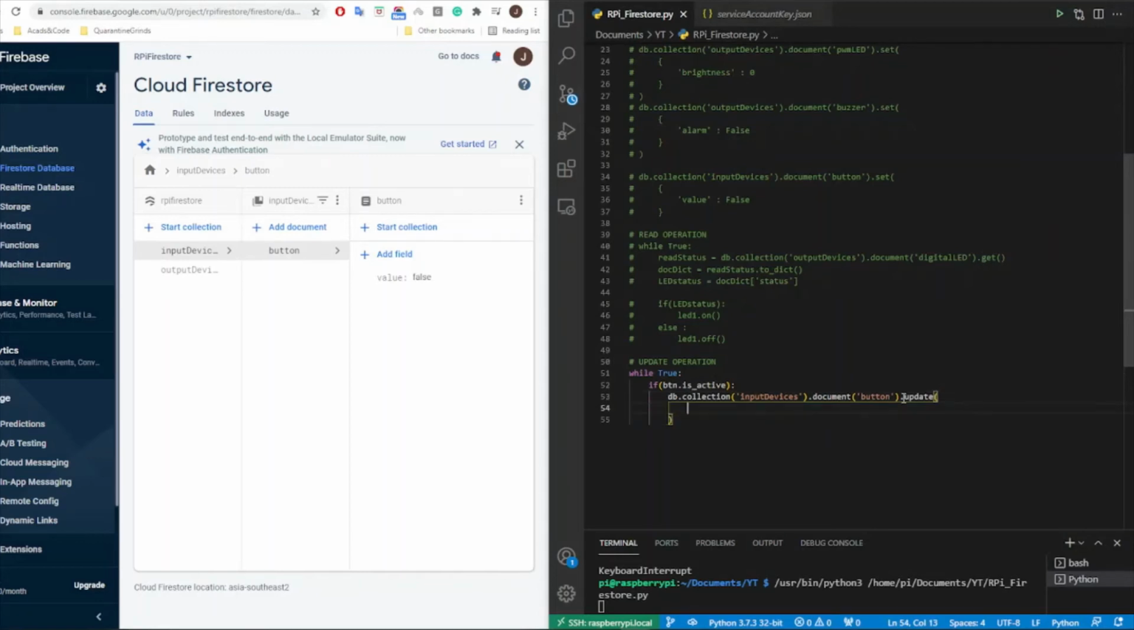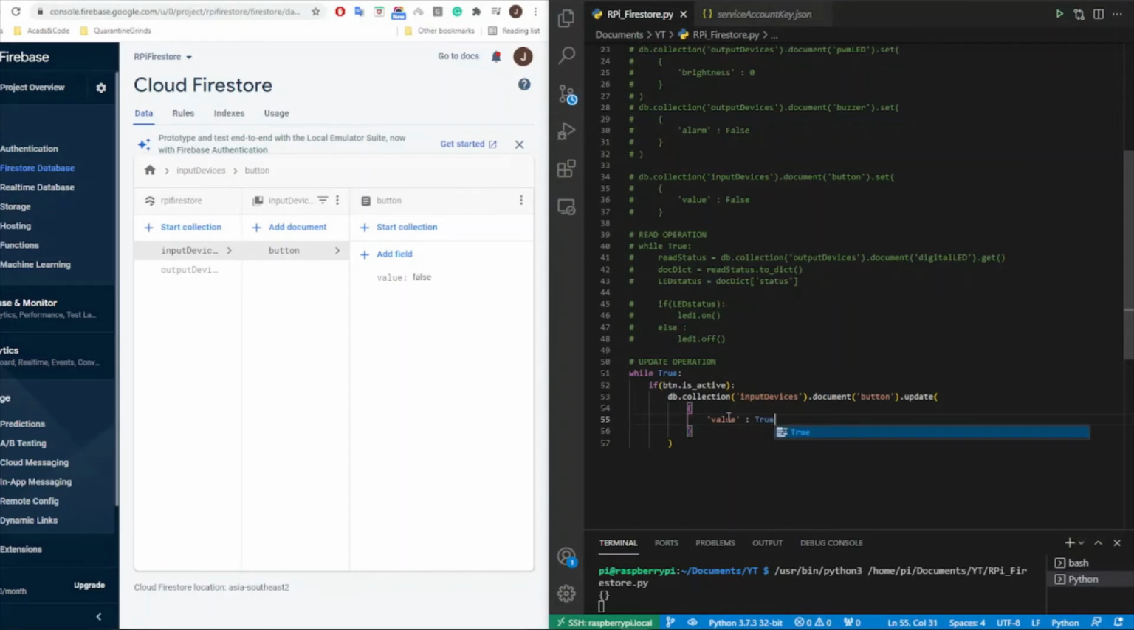So it's actually quite similar to the dot set, because you want to create an object, just to update a field. So in this case we have an existing field called value. We want to update its value to true. So value to true if it is clicked. So that's it. And if it is unclicked, or if it is released,